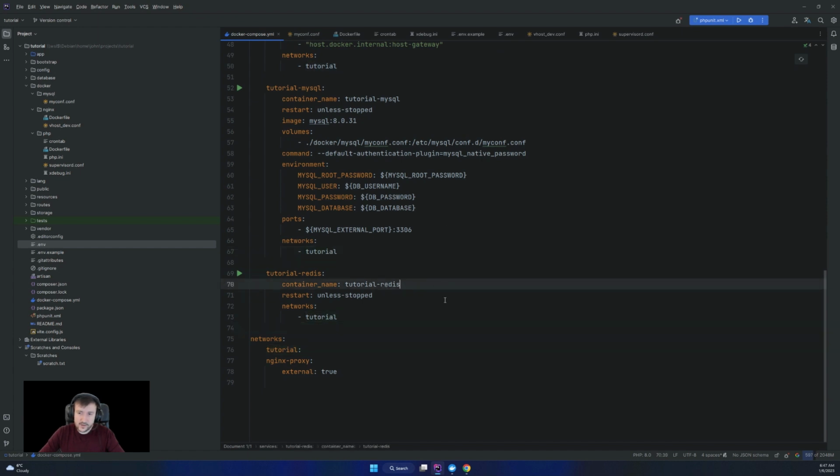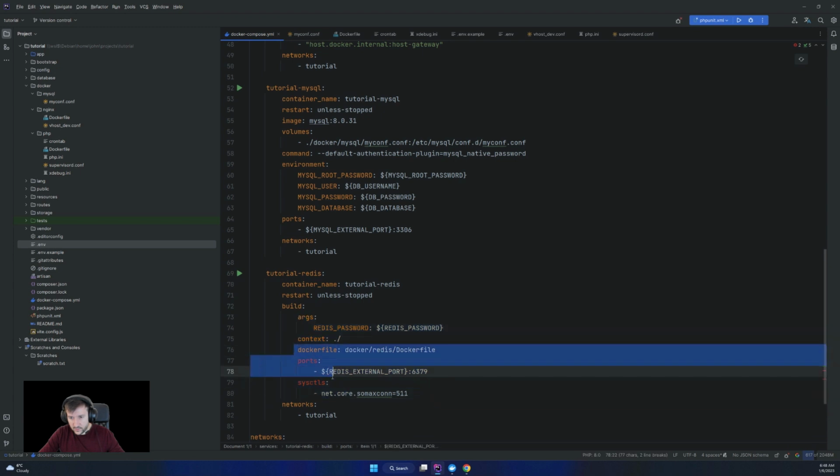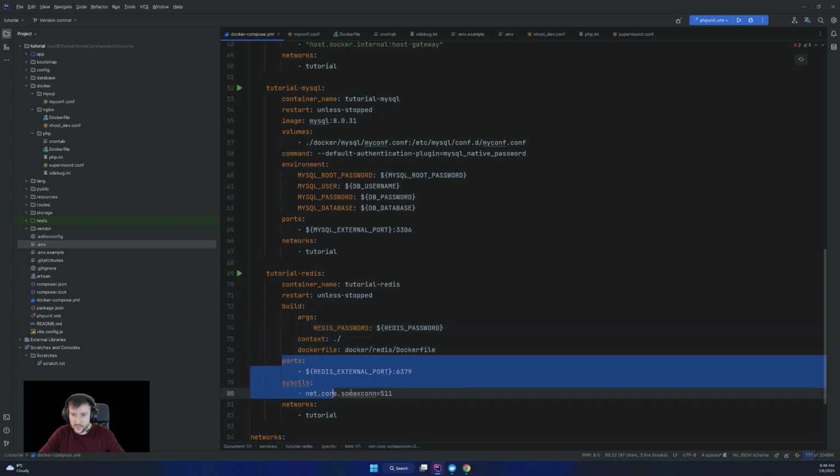If we want to run Redis with a password, from my experience, I found a way to build it. So I'm gonna copy and paste some things in here. Yep, those two.